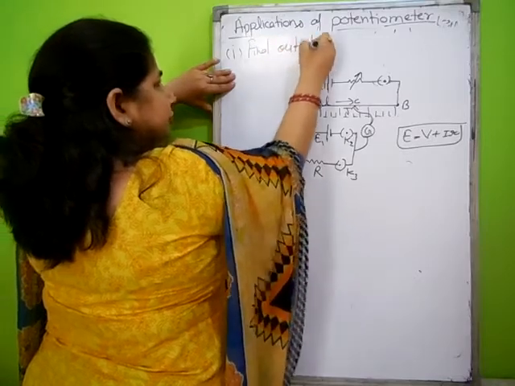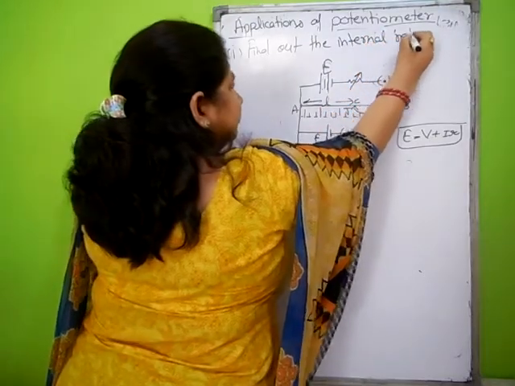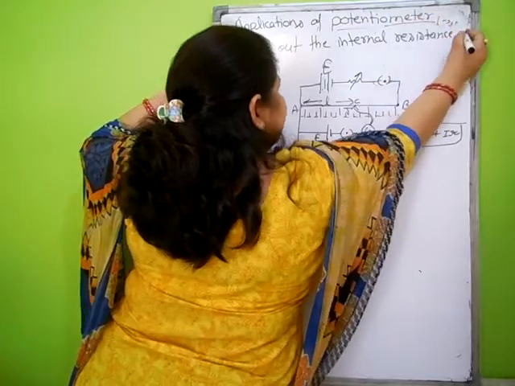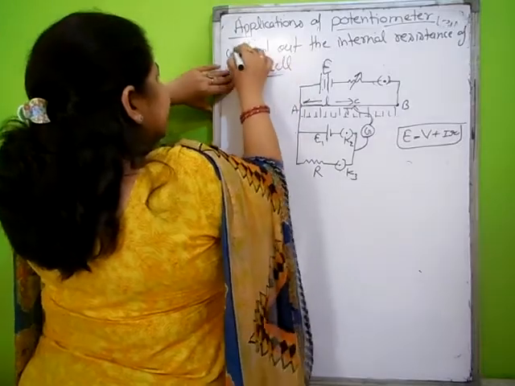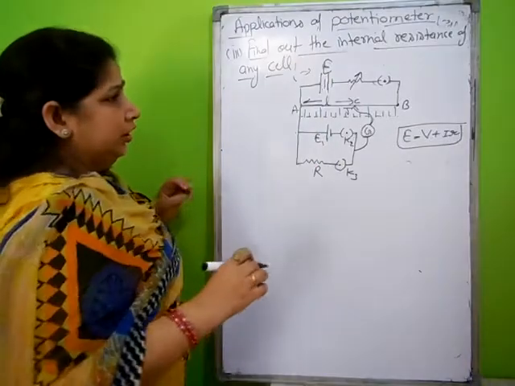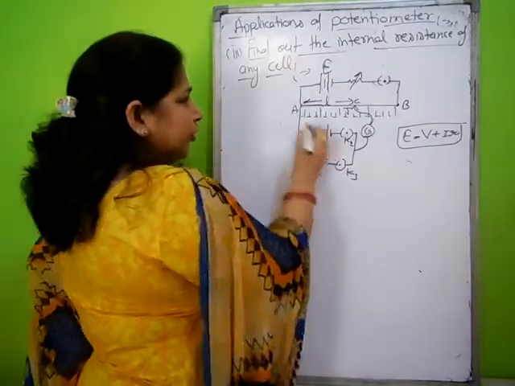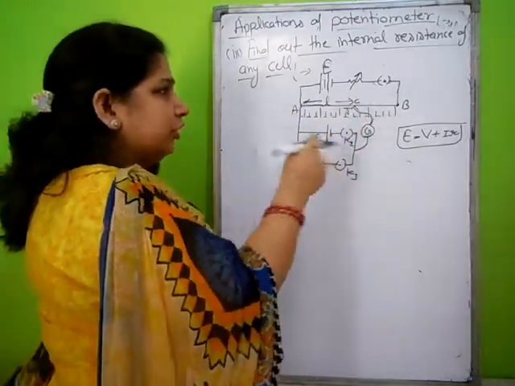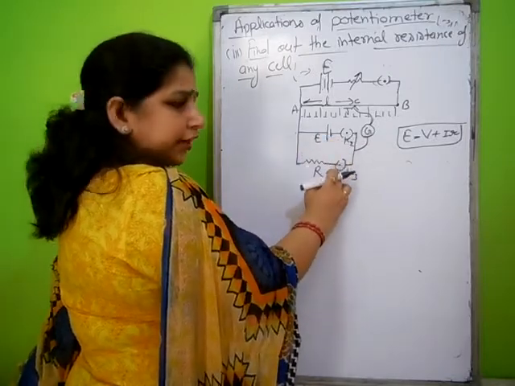Find out the internal resistance of any cell. This is the third application which we are doing. Now what we will do, a cell is connected across from the point A through a galvanometer and through the jockey. Now we will move the jockey on the wire and close the key K2 and close the key K3 and